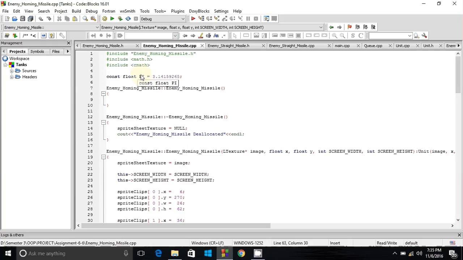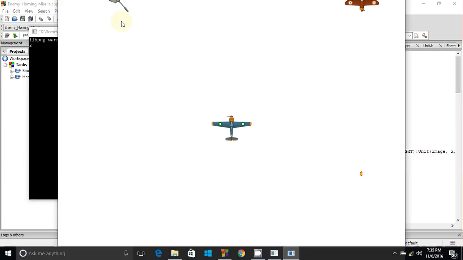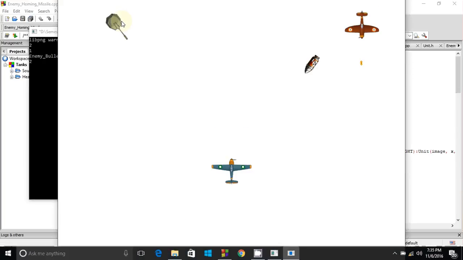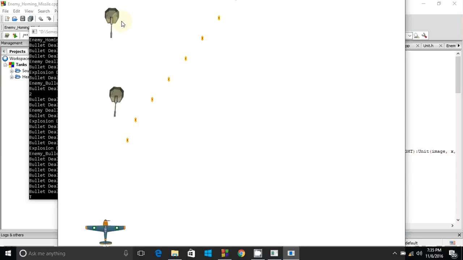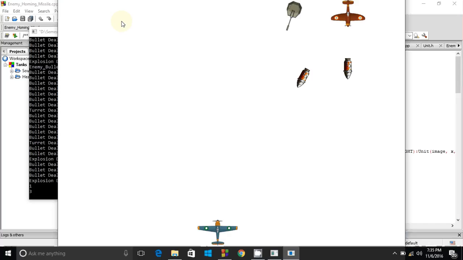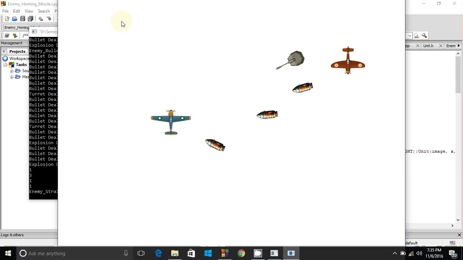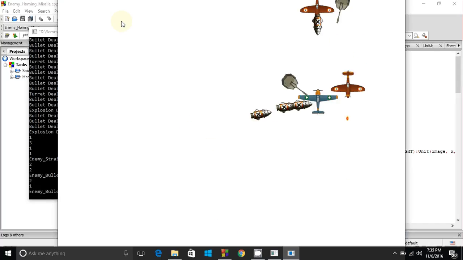Hello guys, so we have this game which has some enemy planes and a player plane. It can destroy turrets too. Now we want these enemy planes to fire these homing missiles and the straight missile that we can see actually